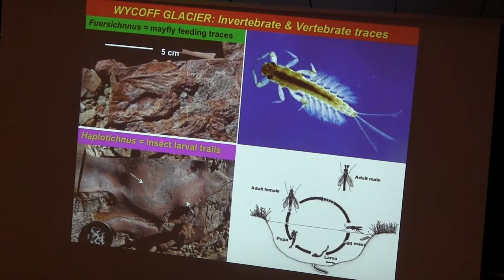And then we have other kinds of mayfly feeding trails here. And then this thing, Haplotichnus, is probably made by midgefly larvae, things like chironomids. They live in the bottom of lakes and rivers and streams and any little stinky, nasty pool of water. And these are the non-biting ones, so this is good. It's the other ones that are bad. All right, so we have all this aquatic life that's supporting the large aquatic life that may be supporting things